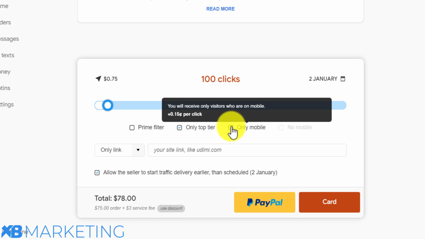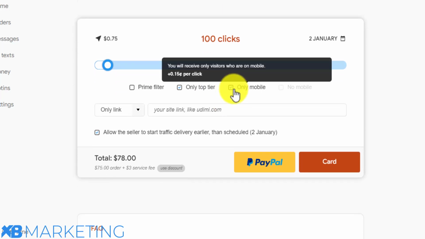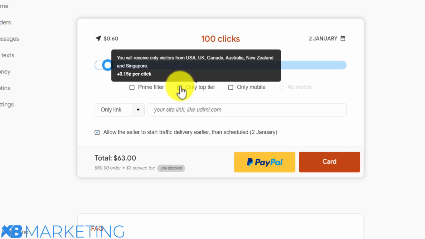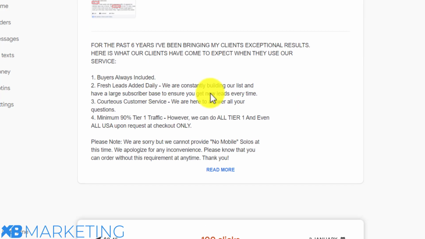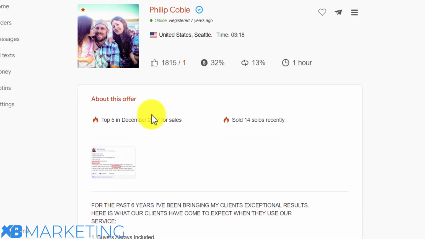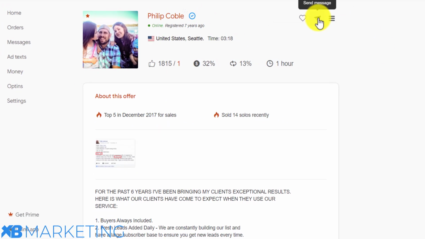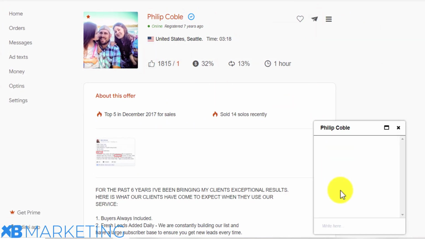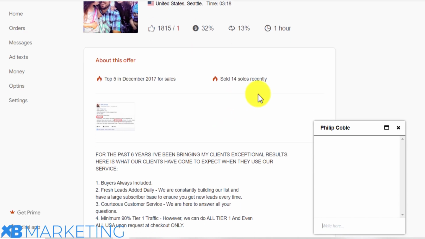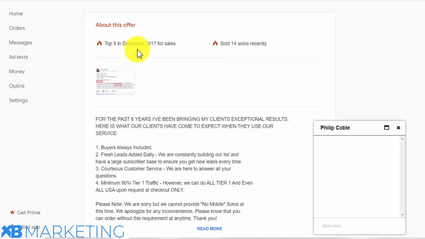If I tick it, you can see the price even goes higher, and that is because you are narrowing down your clicks. So I'm just going to uncheck this. And also, like I told you, if you don't find the niche that you want, there is a message icon here. You can send a message to this person right here and ask if they have email lists for your niche of choice. Okay, all right, as you can see right here, 14 people bought from this guy recently,